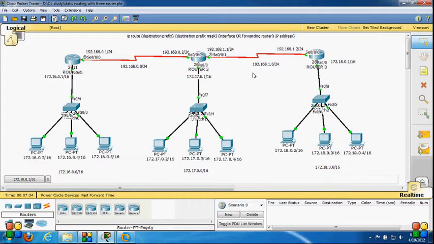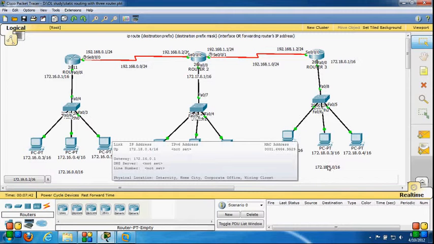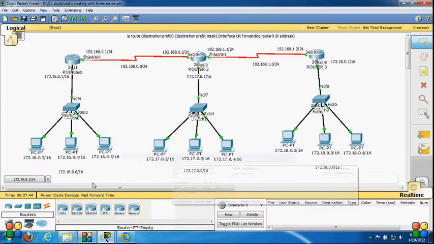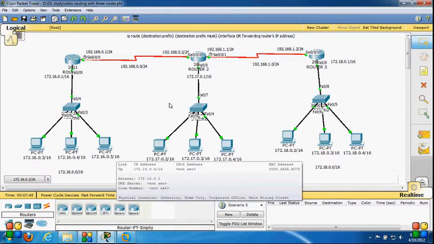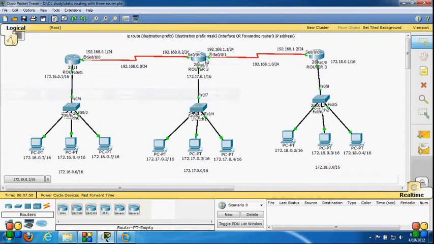These three networks router 2 knows by default. But if router 2 wants to communicate with a network other than those directly connected, which are 172.18.0.0 and 172.16.0.0, I have to configure a static route on router 2, or I can also configure a routing protocol on router 2. But now we are going to configure static routes.